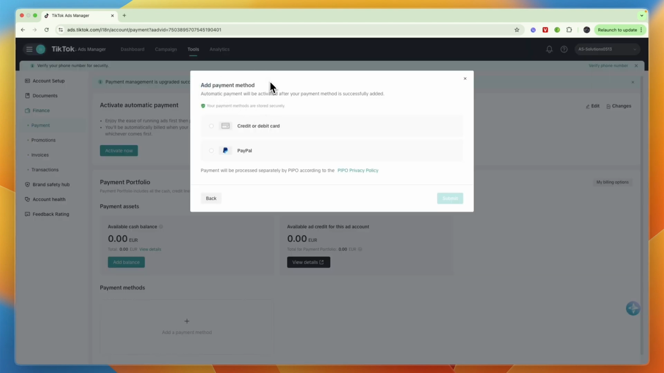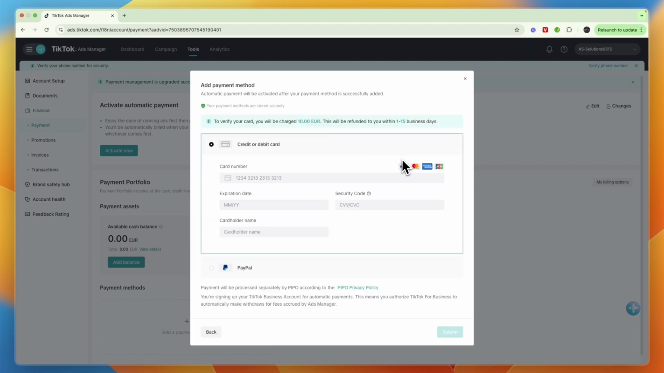And then here you can add your payment method, so you can choose a credit or debit card or PayPal. So just add whichever one you like. I'll just do credit or debit card. Then go and enter your details. And then from there, you just want to go and click on Submit right here